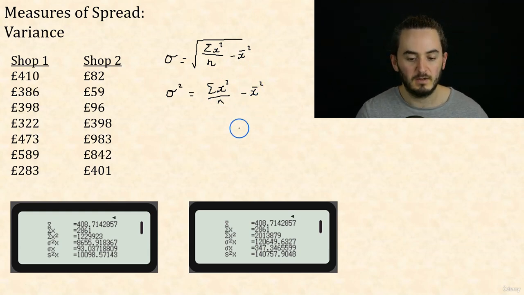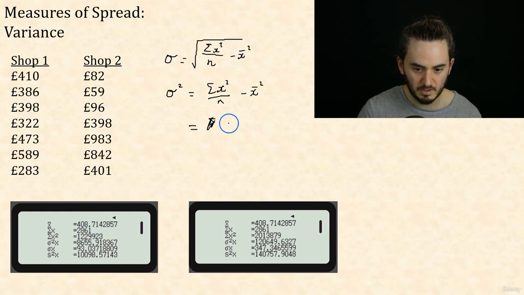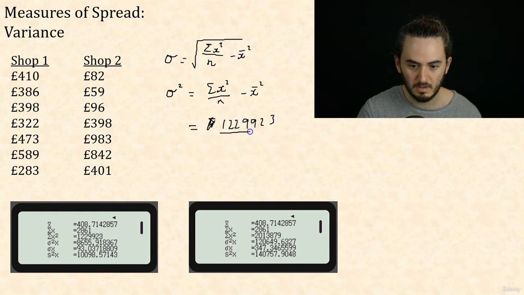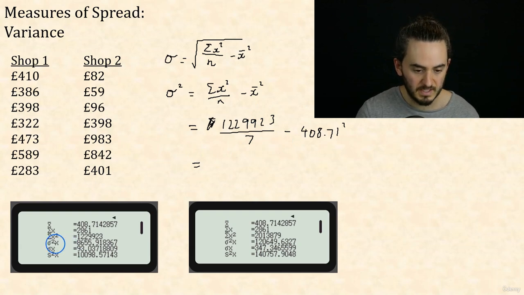So let's have a quick look at how we would do this. If they said calculate the variance for shop 1, we would use this formula. We would sub in the sum of the squares, which is down here, so 1, 2, 2, 9, 9, 2, 3. Divide that by the number of terms, which is 7. Subtract the mean squared, and that gives our variance. We can either just key that into the calculator, or we can look here because it's actually this term there. The variance is just the sigma squared x. So that's